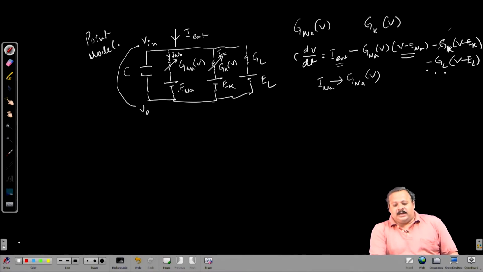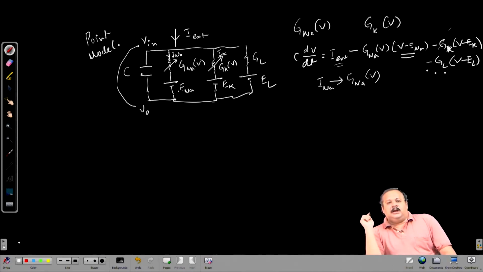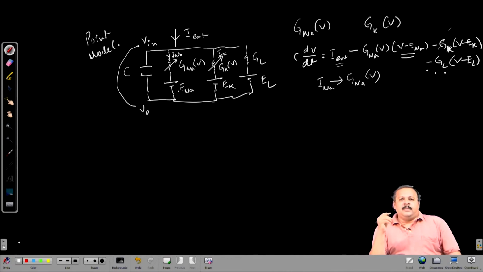And potassium has only activation. When we clamp it to a particular voltage, the potassium conductance increases and stops at a particular value. The current increases and stops at a particular value, and so the conductance also increases and stops at a particular value. And that peak value is what we will say is the steady state value of the conductance for that particular voltage. And what Hodgkin and Huxley then came up with is the idea that let us represent that sodium channel